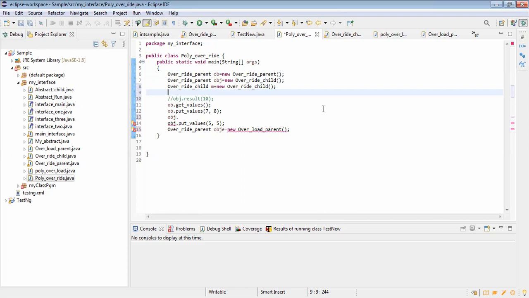Yes, sir. So when you create an object, you need to see clearly in the line number 7, I'm creating an object for the OverrideParent with the help of the child constructor. So my question is about the line number 7. That is an example of runtime polymorphism, because I'm creating the object for the parent, but the method is called from the child. But in the line number 8, we can always create the object for the child and call them, right? So why do we need the line number 7?